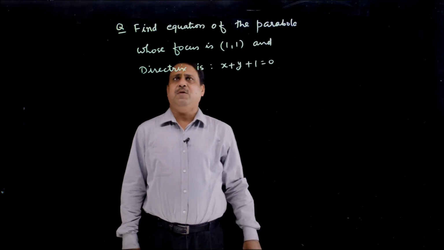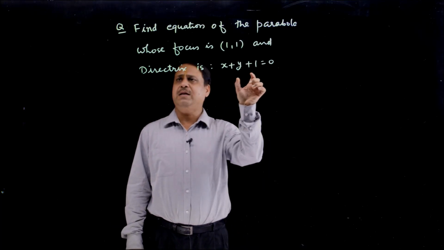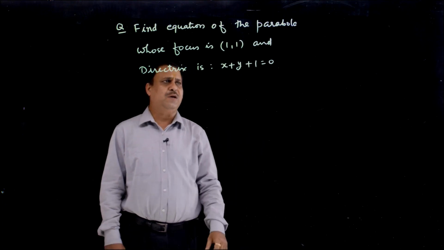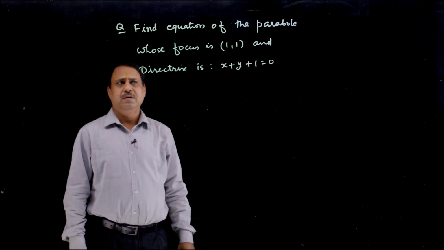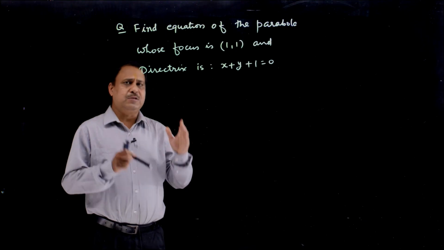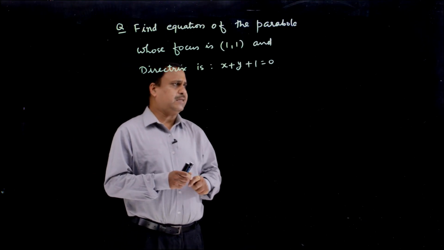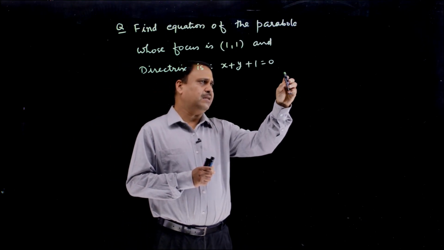Find the equation of the parabola whose focus is (1, 1) and directrix is x + y + 1 = 0. So if you visualize this, where is the directrix? If I consider the axis in this form,